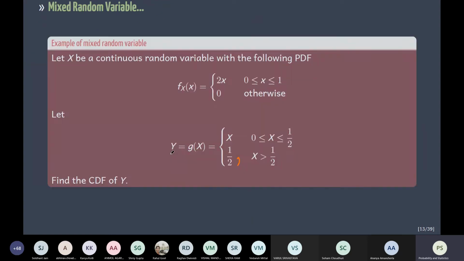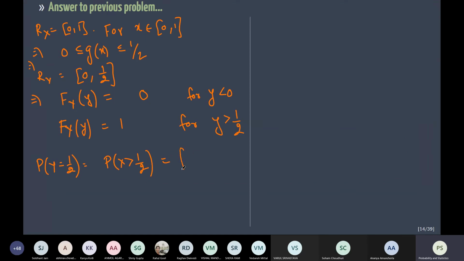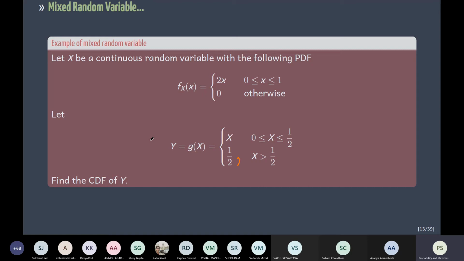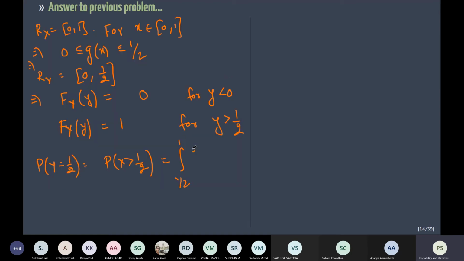So, the PDF of x is given to me. I will integrate this from half to 1, where the PDF of x greater than half follows 2x. So this is 2x dx, and this will be how much? 2x squared by 2, so the 2 will get cancelled. So this will be x squared, so 1 minus 1 by 4. This is 3 by 4. So that's the probability that y equals half, and for y